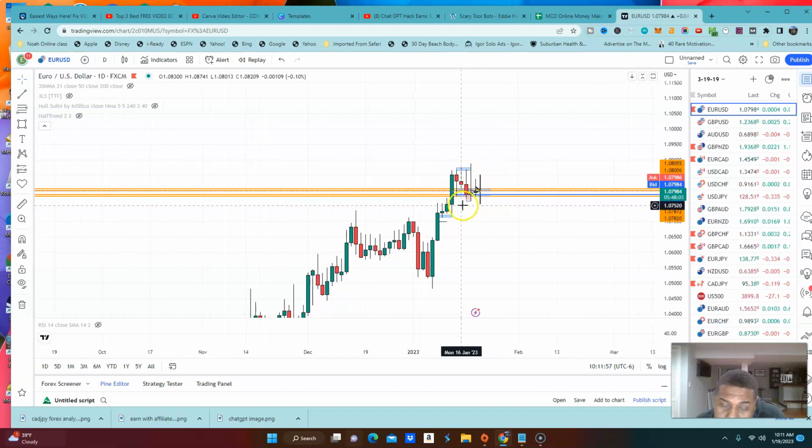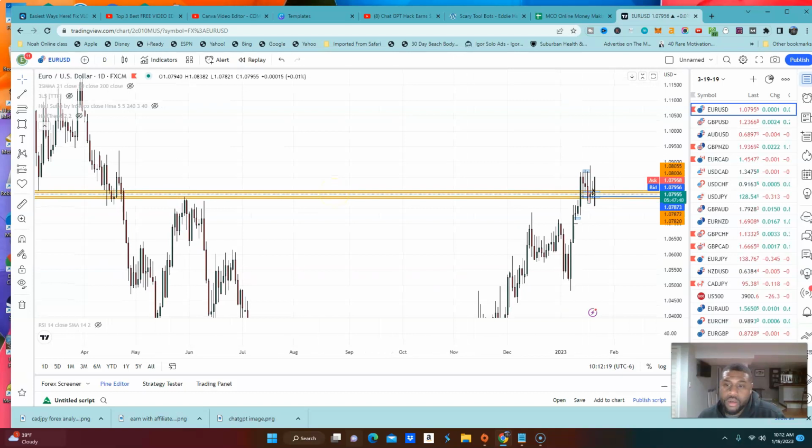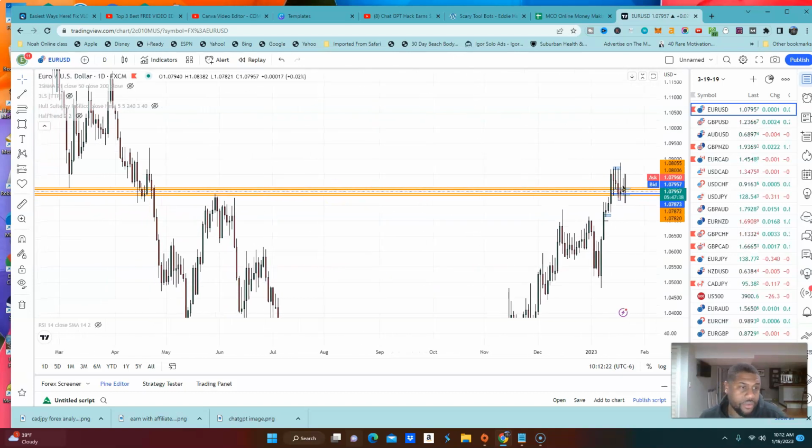So where is there an imbalance on the daily? It absolutely is right here. This last bearish candle, we have a bullish candle. So it could come back into here, right? And at some point it will come back to retest this bullish candle, this bearish candle right here, fill this imbalance and continue to push up. But my hopes are, with what I'm seeing right here now,